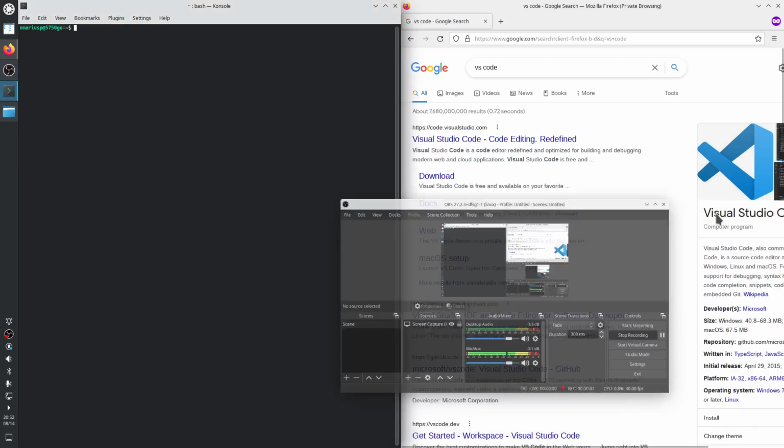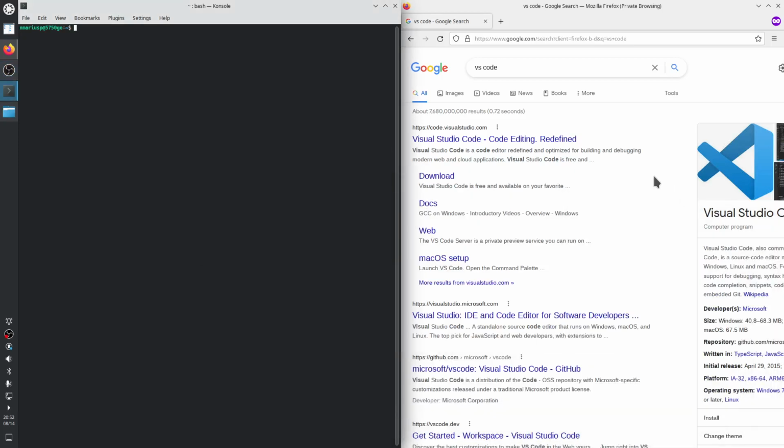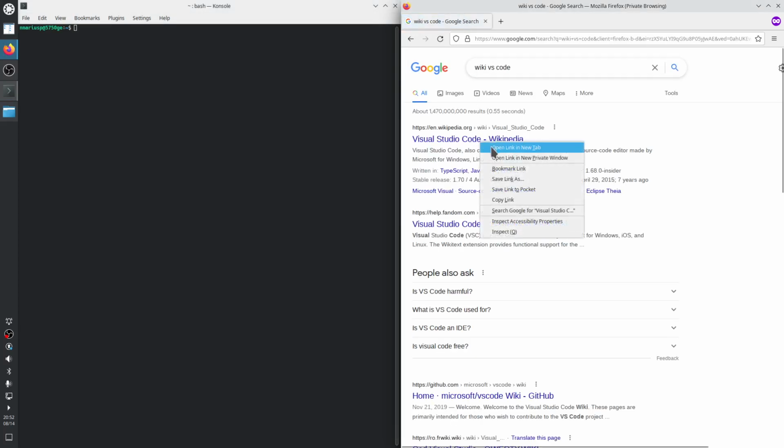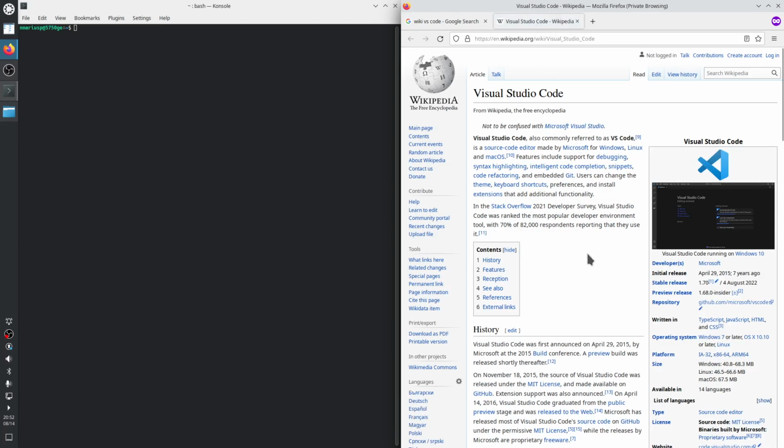Hello, today we are going to talk about how to use Visual Studio Code in order to program for the KDE community. So what is Visual Studio Code? Let's start with a Wikipedia article. Visual Studio Code, VS Code or Code,